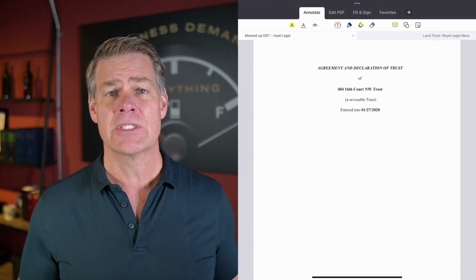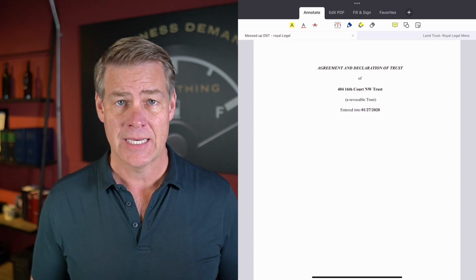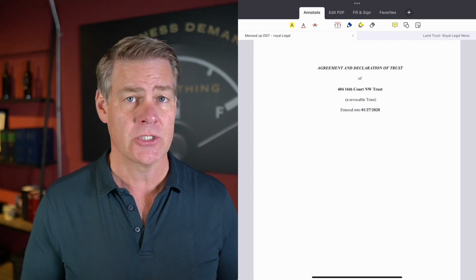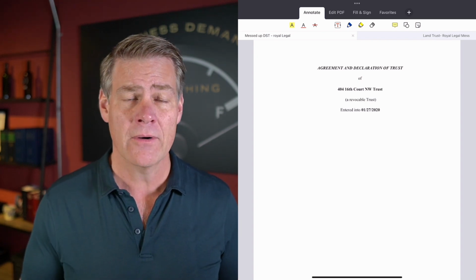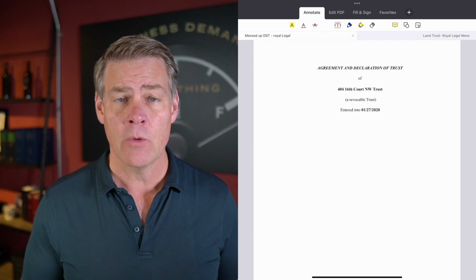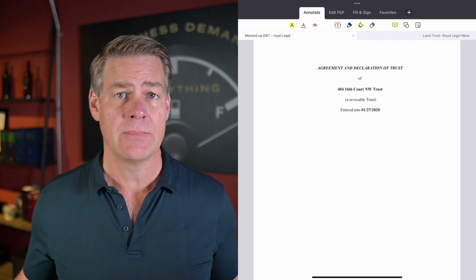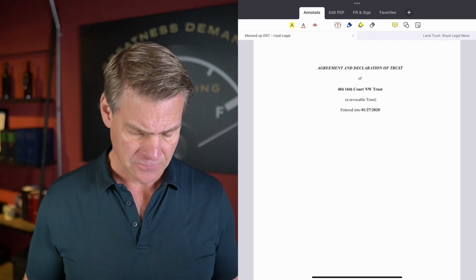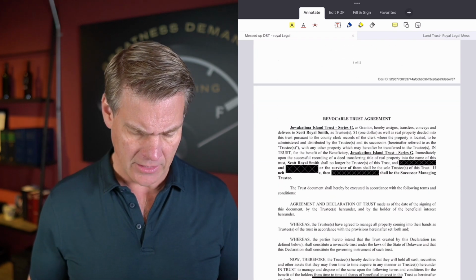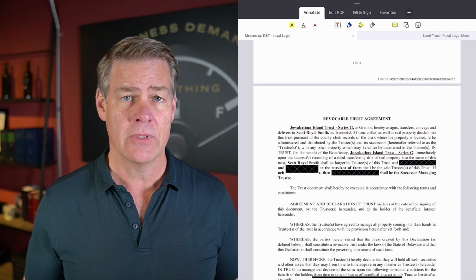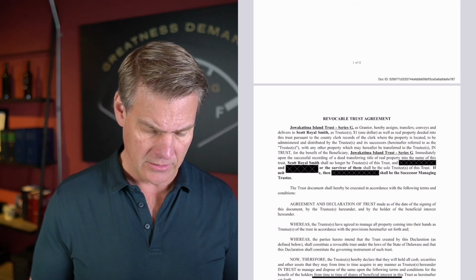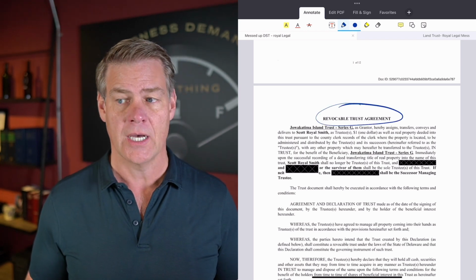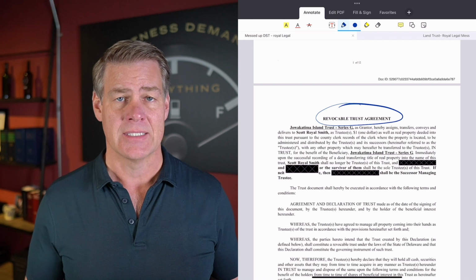So here's an example of what I'm referring to. This was a Delaware Statutory Trust that was sent in for me to take a look at to advise the client on whether or not the structure he'd created would actually work. He'd set this trust up and put many properties into it. So he told me it was set up as a series. Just like I described to you, this trust was set up to hold separate properties through land trust. So I started looking at it, and I noticed right away, when I turned to the first page, this issue right here at the very top, where it talks about revocable trust agreement. All right, so let me get into this right now.